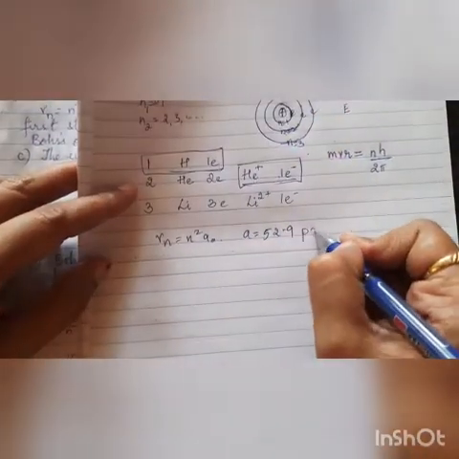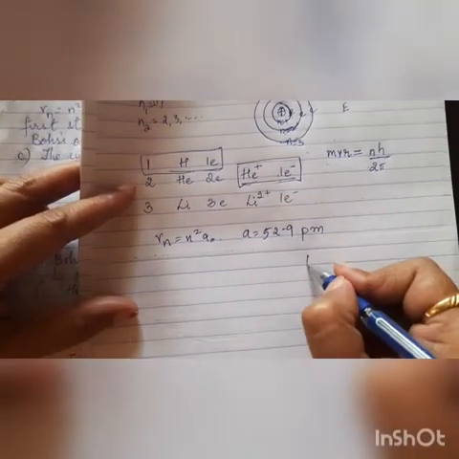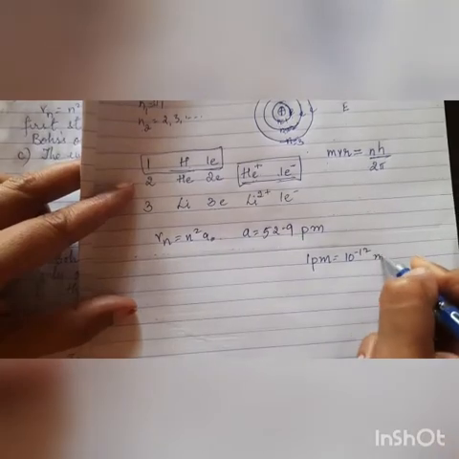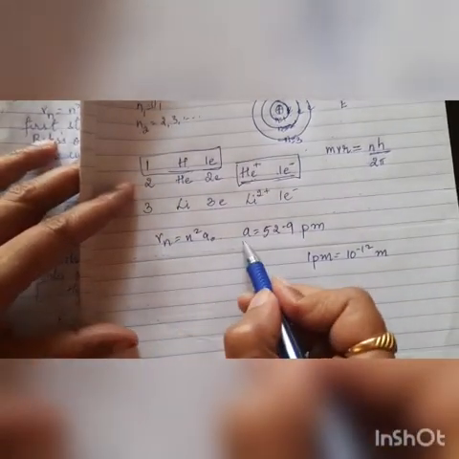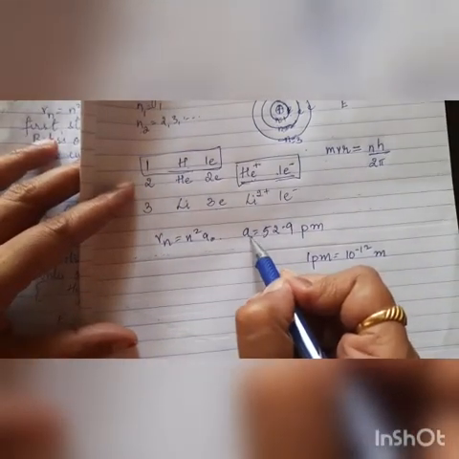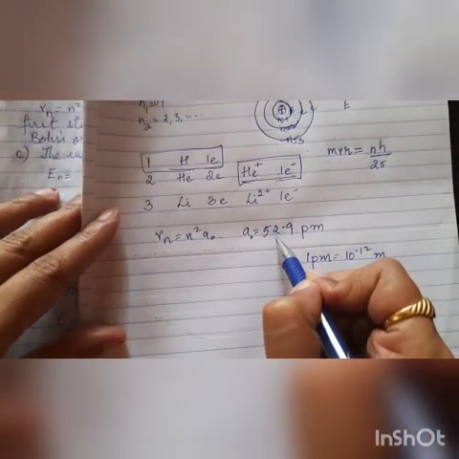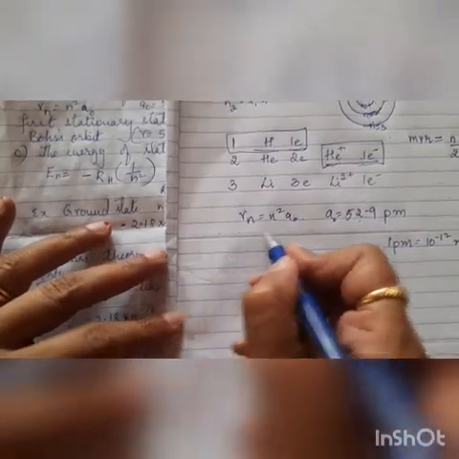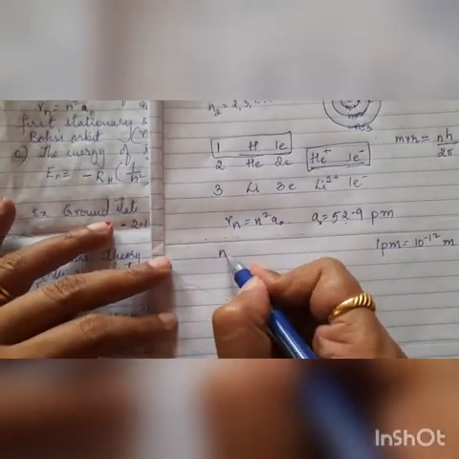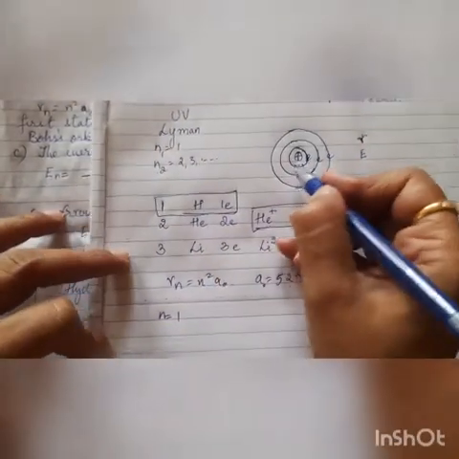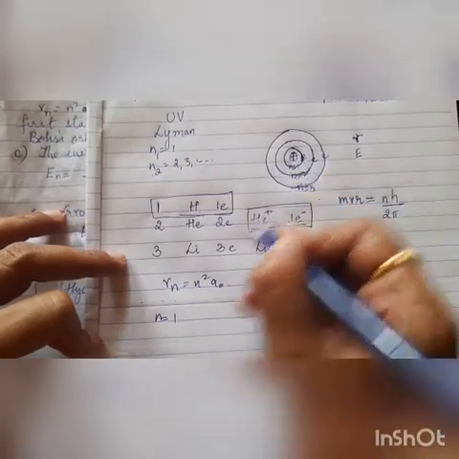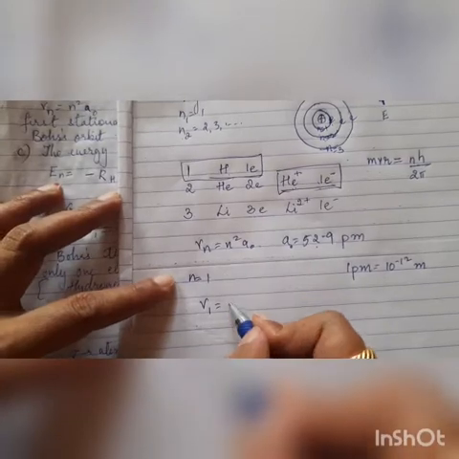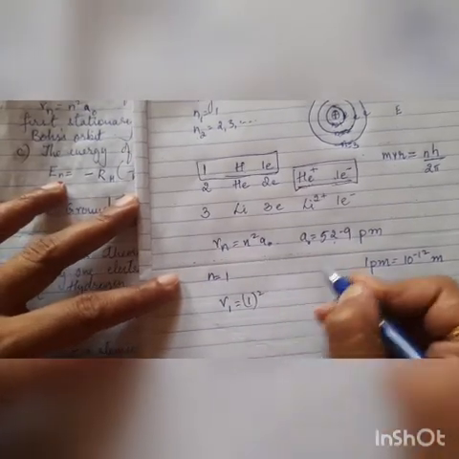This is in picometer. Picometer means what? 1 picometer is equal to 10 raised to minus 12 meter. So here the A naught value is 52.9. What are we going to take? For Bohr orbit, n is equal to 1, means the first orbit we are going to consider. When we consider n is equal to 1, R of 1 is equal to 1 square, and A value is